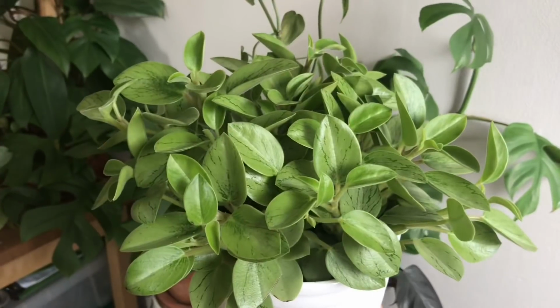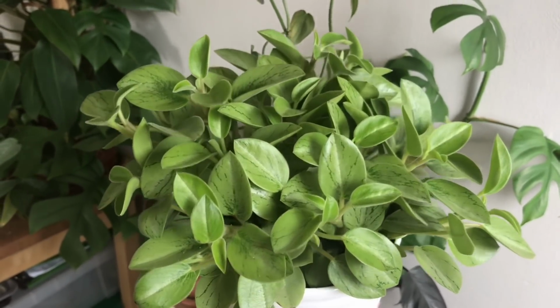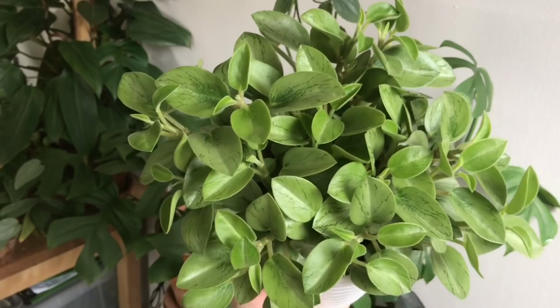But when I do get out and go to other stores, I really only purchase things that I never see on my availability, or at least I haven't noticed. This next one is quite literally the largest Peperomia orba I have ever seen. This plant I think is commonly called a Peperomia Pixie, but I think its scientific name is Peperomia Pixie Lime